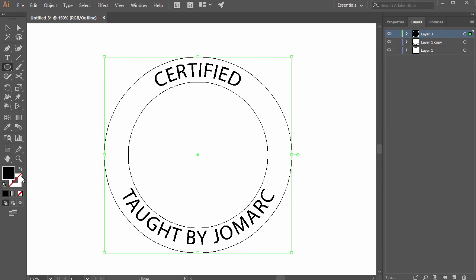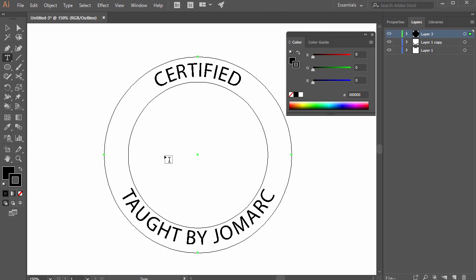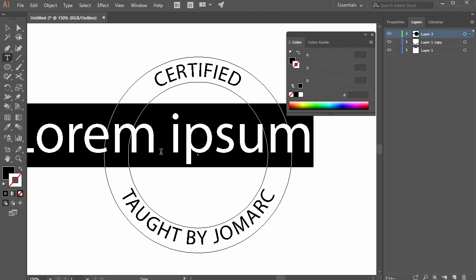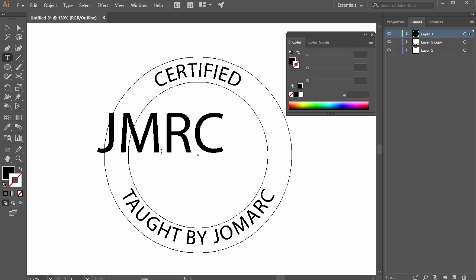Let's head to our stroke and activate color. In addition, let's add an additional text at the center. So grabbing our Type tool, left click here. I'm going to type in JMRC, all caps,